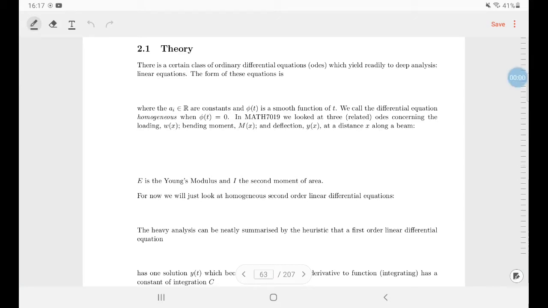Now we're going to look a bit more into the mathematical theory. So there's a class of ordinary differential equations which yield readily to deep analysis. What I mean by that is mathematically they're very well understood. The form of these equations, I can write it in a number of ways. So a fancy way is kind of saying, oh, it's some finite sum